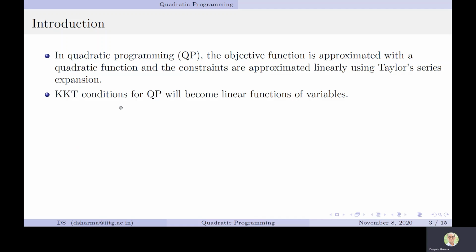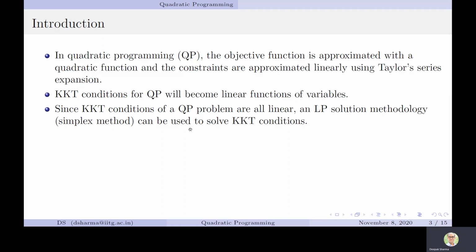If we write the KKT conditions for quadratic programming, in which our objective function is quadratic and the constraints are linear, then all KKT conditions will become linear functions of the variables. Since all these conditions are linear, we can use the LP solution methodology. For example, we can use the Simplex method to solve those conditions and find a solution